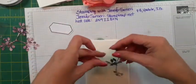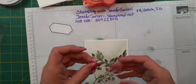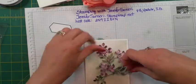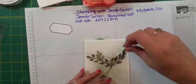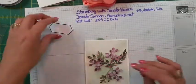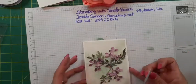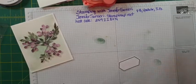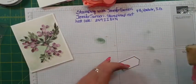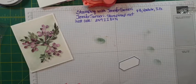Okay. Cover that up with my leaves. We're going to add one of those. We're going to add one of these. Oops. Sticky fingers. Isn't that pretty? And we'll add a little bit of gold on there, and then I'll do my sentiment. Make sure I don't have glue on my fingers. Okay,